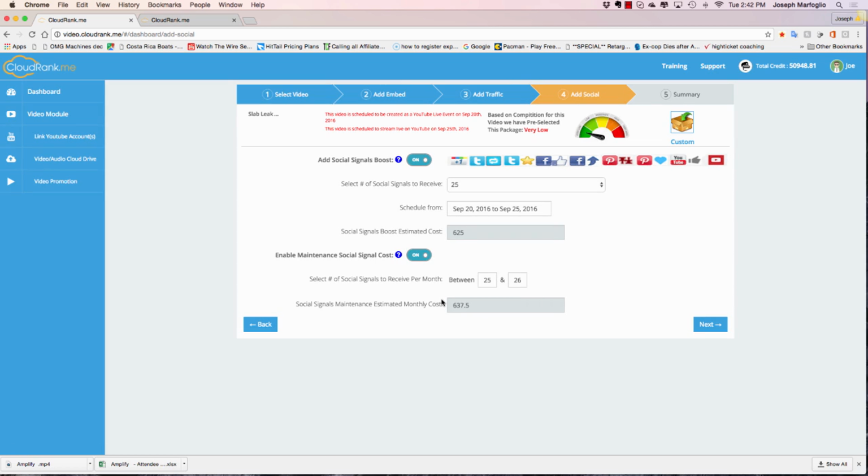The next thing we have is social shares. These social accounts are real social accounts. They are not just spammy social accounts. Again, you can go to other places and buy 1,000 social shares for cheap, but really most of those probably aren't even going to go through, and those accounts are just spammed to death. Where our network is maintained meticulously, and that's why you don't need as much, right? Like, you don't need 1,000 social shares.